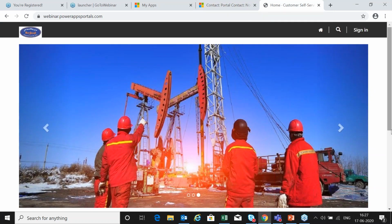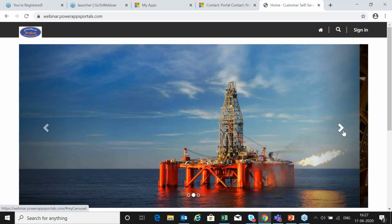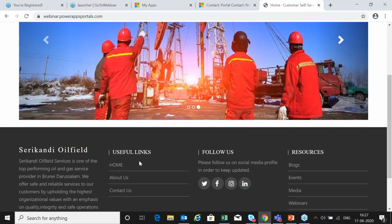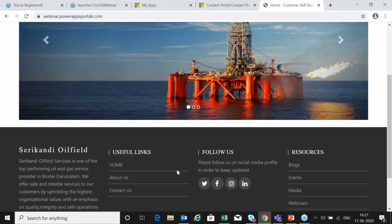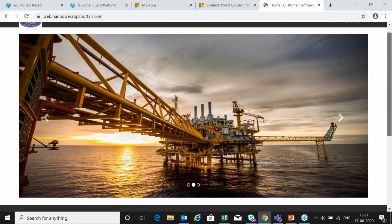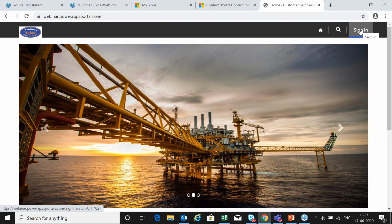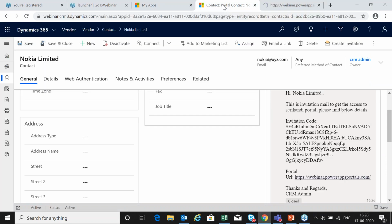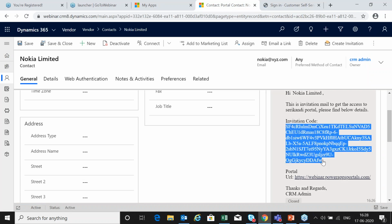As you see, Nokia Limited will log in with that URL and can see these details about the company. These pictures can be customized. Everything here can be customized, and the vendor, who is Nokia, is able to see all these details about the company, the social media page, and everything. What do they do? They will use that invitation ID and log in. Now I am the vendor Nokia, and I use this invitation code,